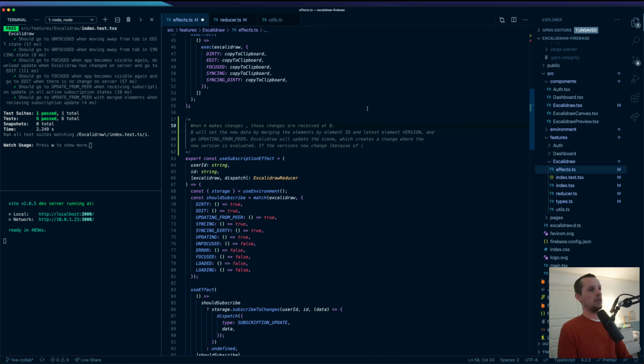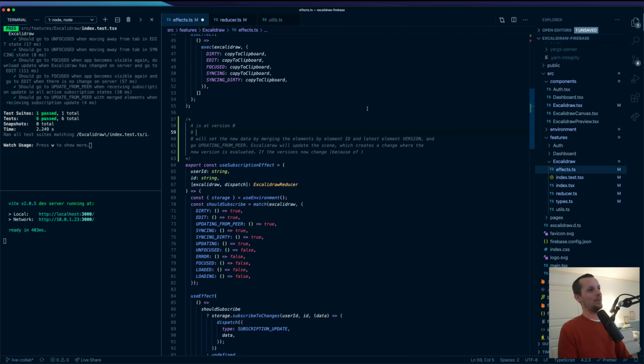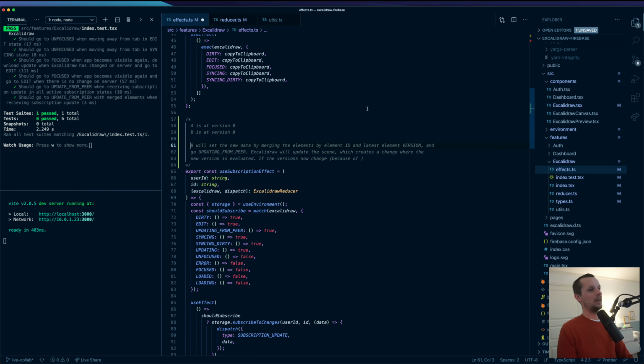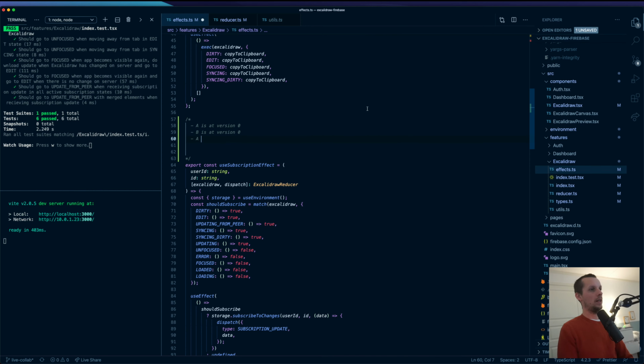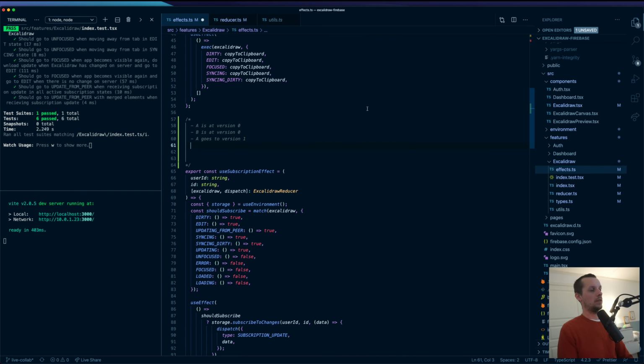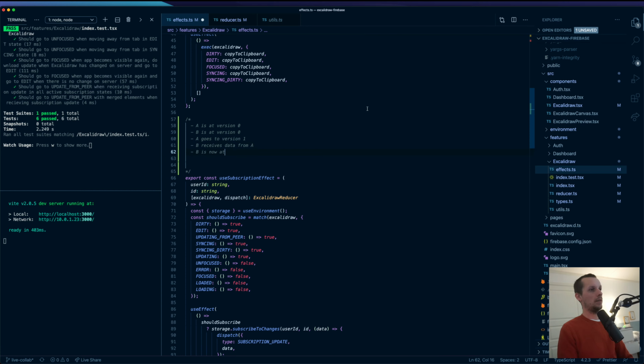Maybe this is a better way to explain it. A is at version 0, B is at version 0. A goes to version 1, B receives data from A. B is now at version 1 with merged elements